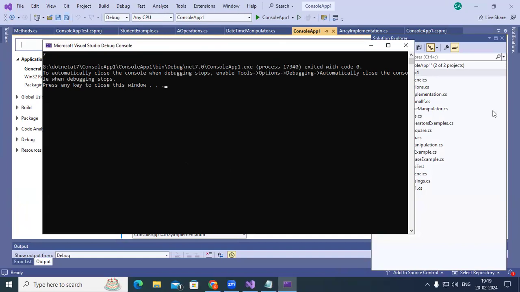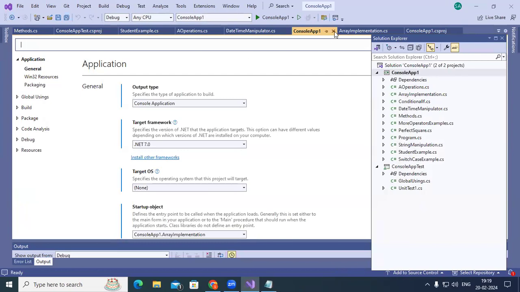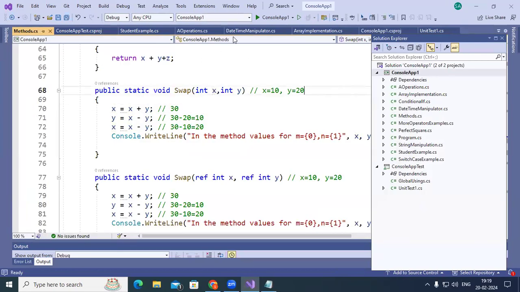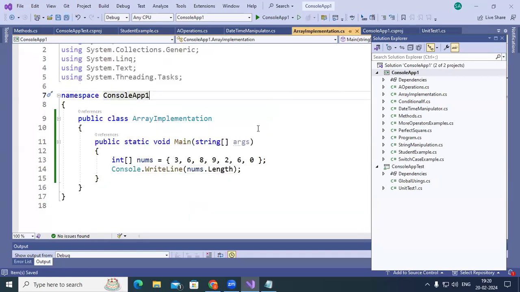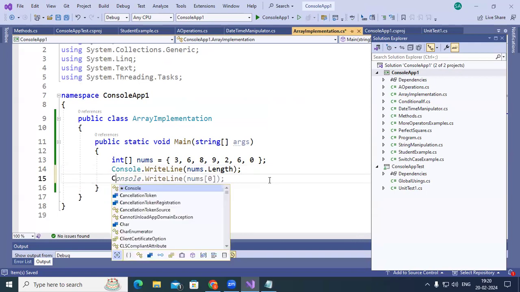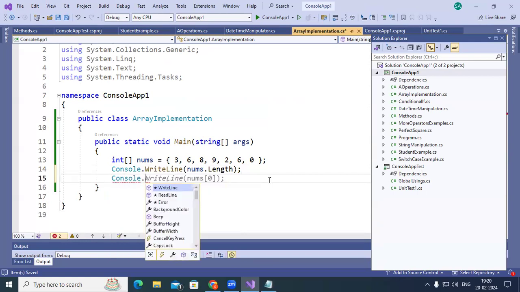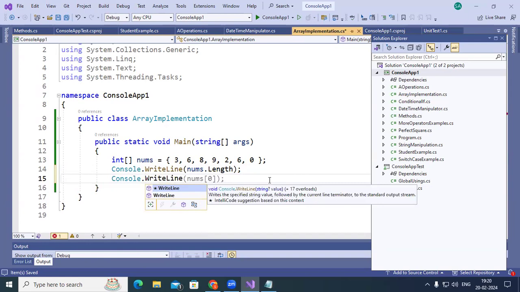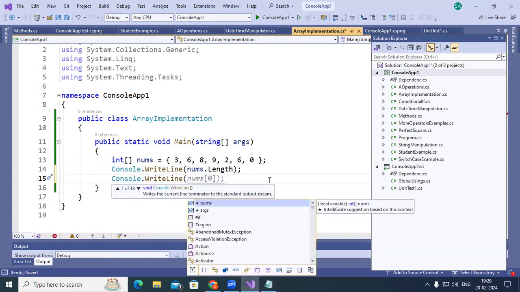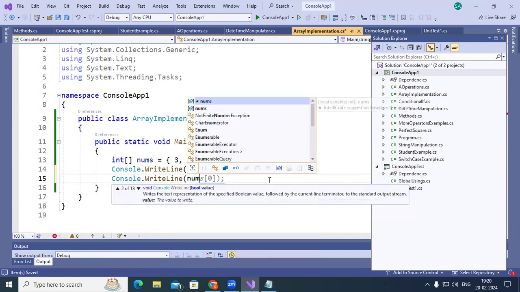The number of elements is 7 in this. We are using only one particular output statement, Console.WriteLine, nums.Length. It is printing 7 for us. In the same manner, you can go with Console dot WriteLine, then try to print nums dot